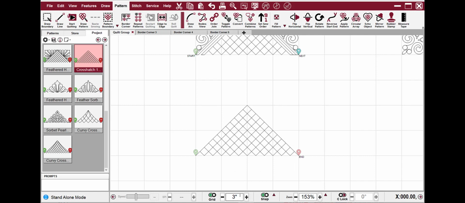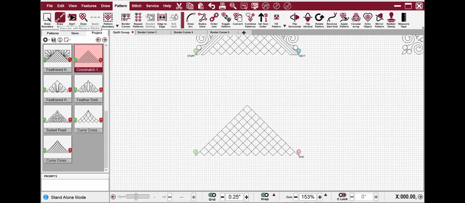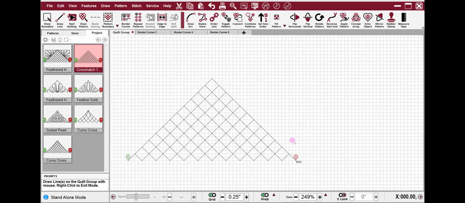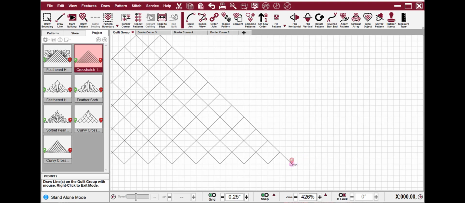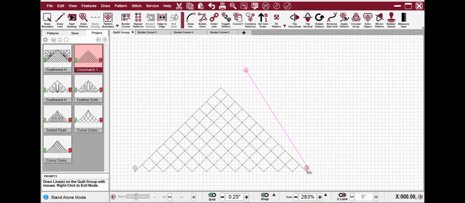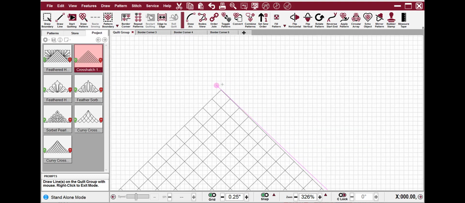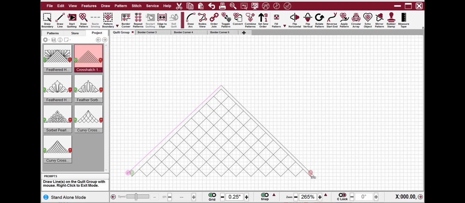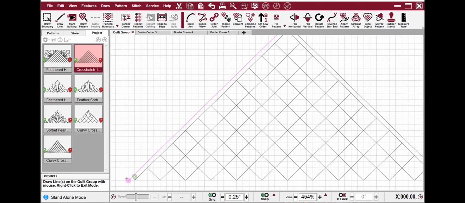Then I need to change grid size to 1/4 of an inch and select draw line. And I'm going to create a channel here by clicking out a 1/4 inch up to the top and a 1/4 of an inch at the peak and back down to the left-hand side, a 1/4 inch away from where the base triangle is, and right click